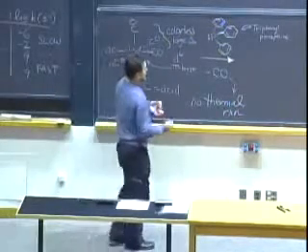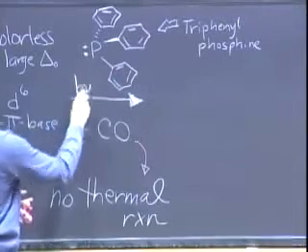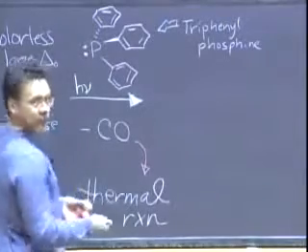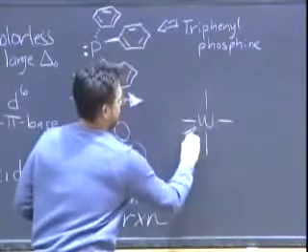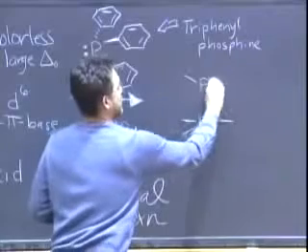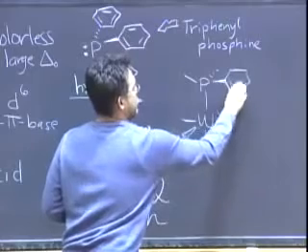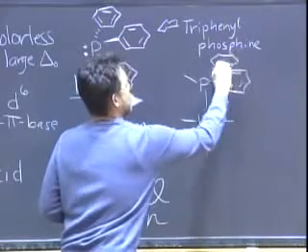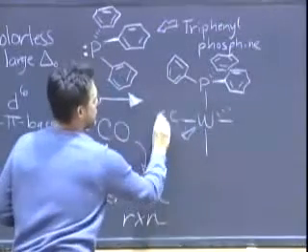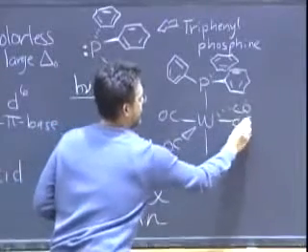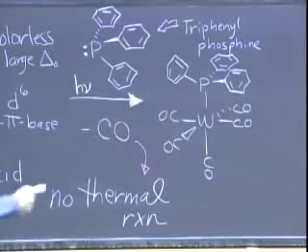But we find that if we shine UV light on the system, then the reaction takes place, and we form this desired product that has one of the carbon monoxide ligands replaced with triphenylphosphine. That would be the initial product formed in such a process. Still octahedral, now five CO ligands instead of six, and one of them replaced by triphenylphosphine,